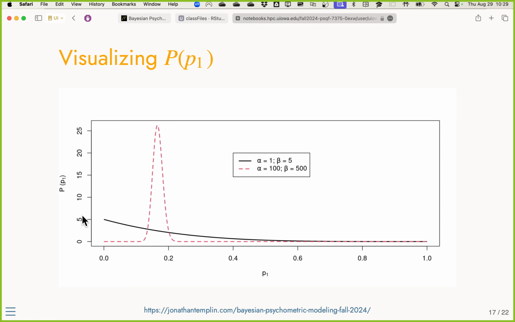Remember, the height of this line talks about where our certainty lies. And that certainty lies in a pretty big range, pretty high up, not close to 0, literally between 0 and almost 0.4, right? It's unlikely we find a 0.4 relative to something lower below. However, it's possible. Whereas look at the dashed red line. That's the informative prior. Where that line is close to 0, the prior itself is going to have a big role.